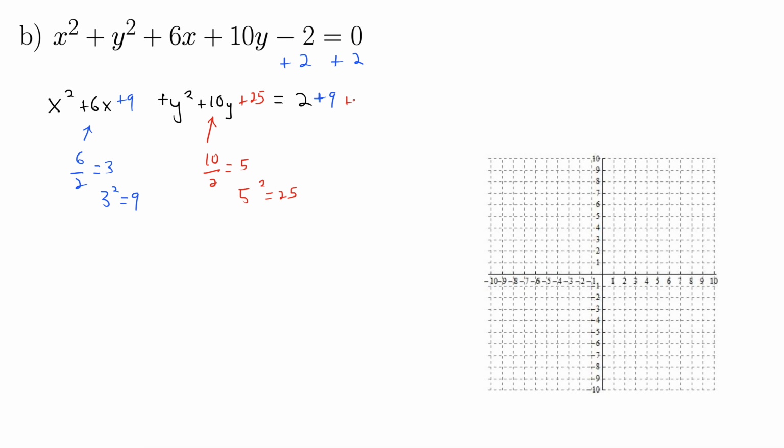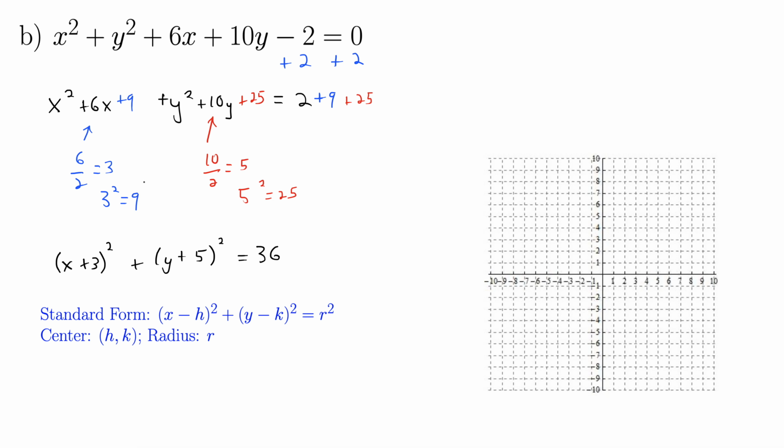Plus 25, plus 25. Okay, let's clean it up a little bit. We've completed the squares, now we have perfect square trinomials. So (x + 3)² + (y + 5)² = 36. Now we are in standard form for a circle, so we can identify our center,